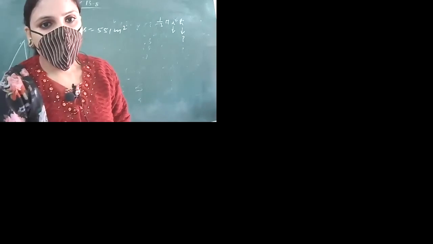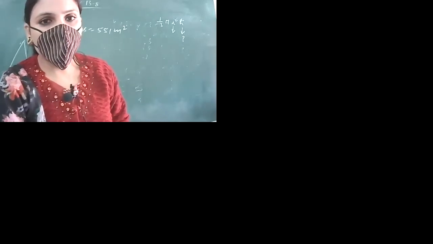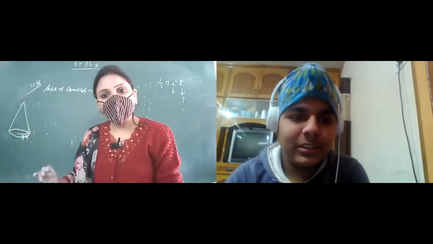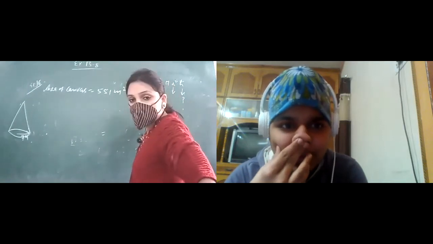Wrong answer. Yes, Joseph Rup, you are raising your hand. You are very much willing to give the answer. You tell. Ma'am, Joseph, can you please tell once? Who is this? Ma'am, Bhumika. I'm Joseph Rup, you are not clear, tell. Just wait. Ma'am, actually I wanted to ask what the question was, I was drinking water, did not understand anything. H we want to find. R is given. One more thing should be given to find H.